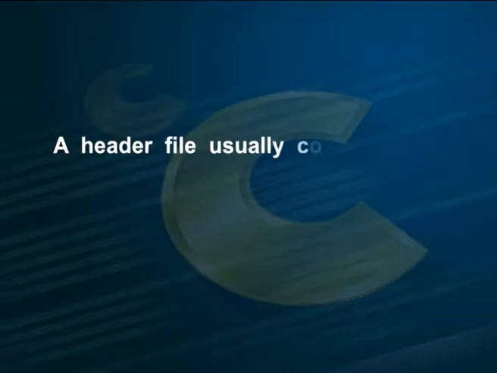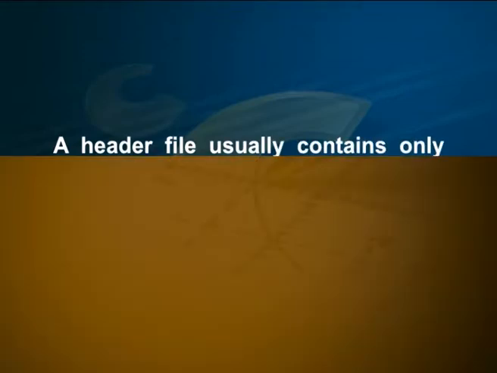A header file usually contains only the prototypes and interfaces for the data structures and functions provided by the library. The actual implementations for the library functions must be available as an object file so that it can be linked with the program during the linking phase of the compilation process. A program may include many header files and hence it may need a large number of program libraries. The rest of this program is about the actual use of input and output operations in C.